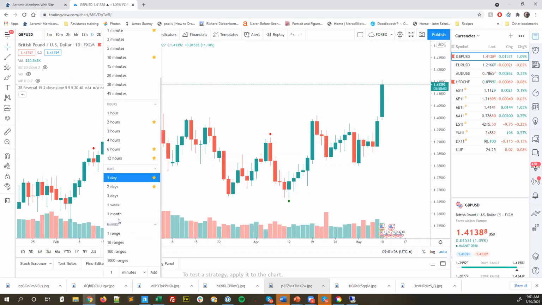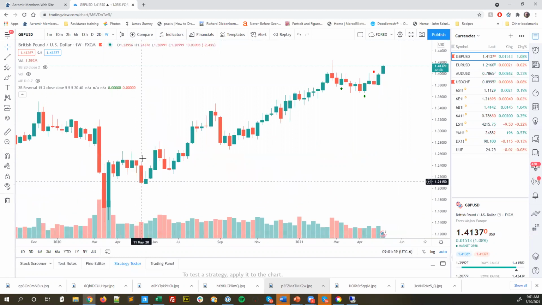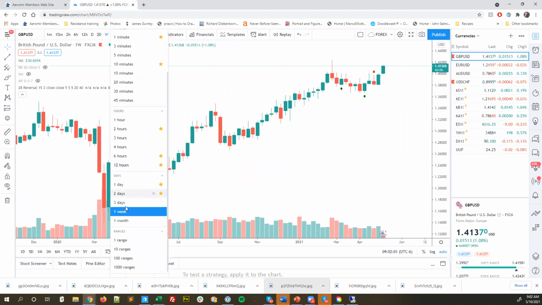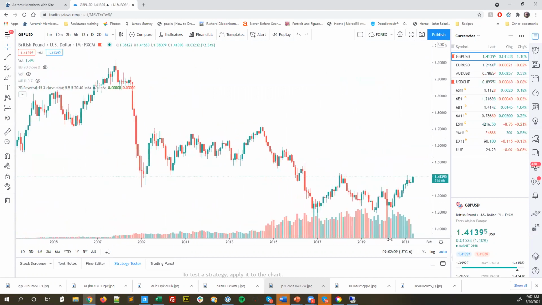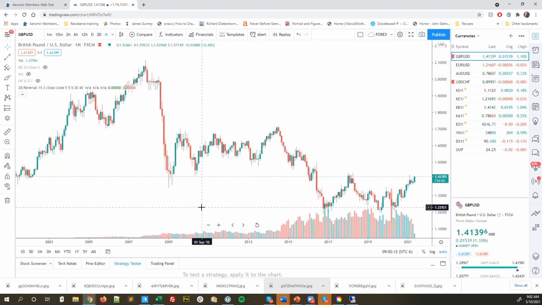Let me zoom out a little bit to a weekly or maybe a monthly view. So here's a monthly view. You can see years ago, in 2016, this is where the last rally failed. Is it going to break out of the trading range, or is it going to reverse and stay in the trading range? It's coming up on a key test right here, really.